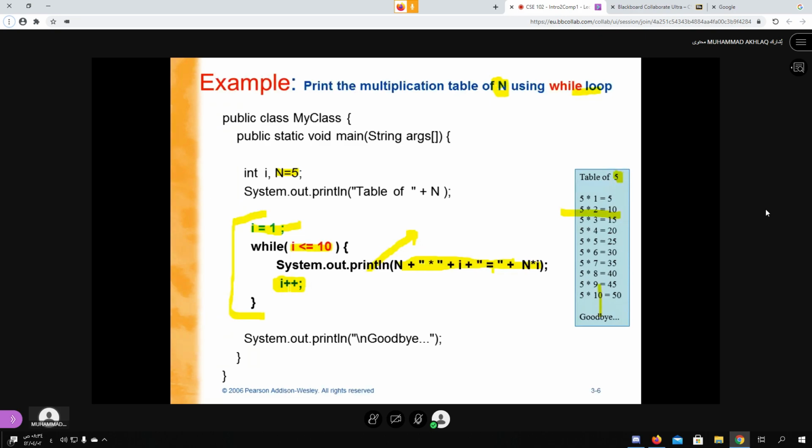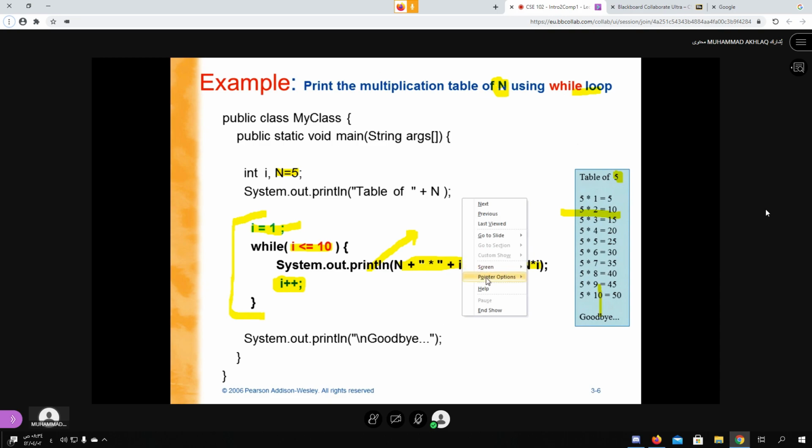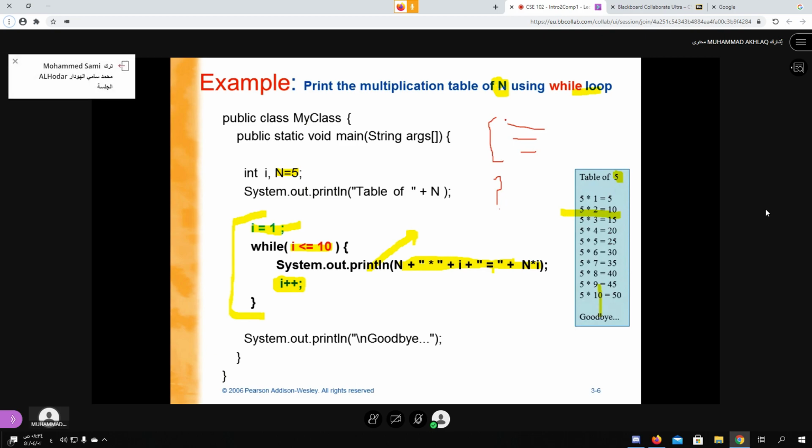Is it okay? So maybe if I ask you a question and there is some loop, and the program tries to print something after finishing the loop, for example, it can be like this. I have a loop here. After you finish the loop, I have a statement here and I ask you what the answer is. But if this loop is infinite, you will never come to this. So first check that the loop should not be infinite. If it is infinite, you will never come to this, and there will be no output.